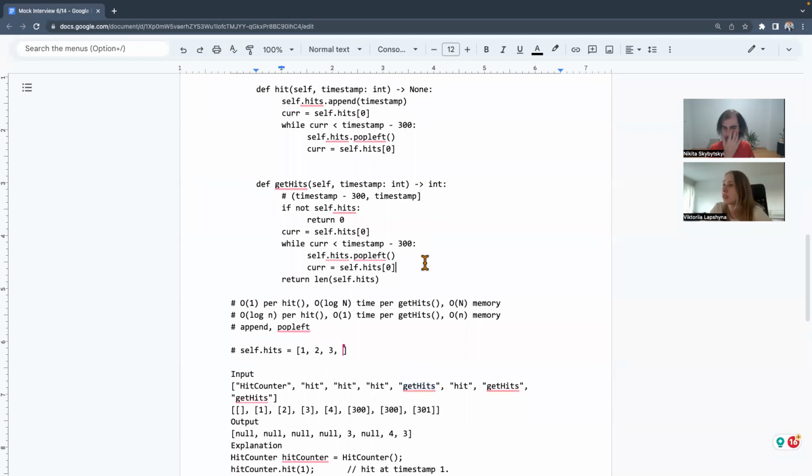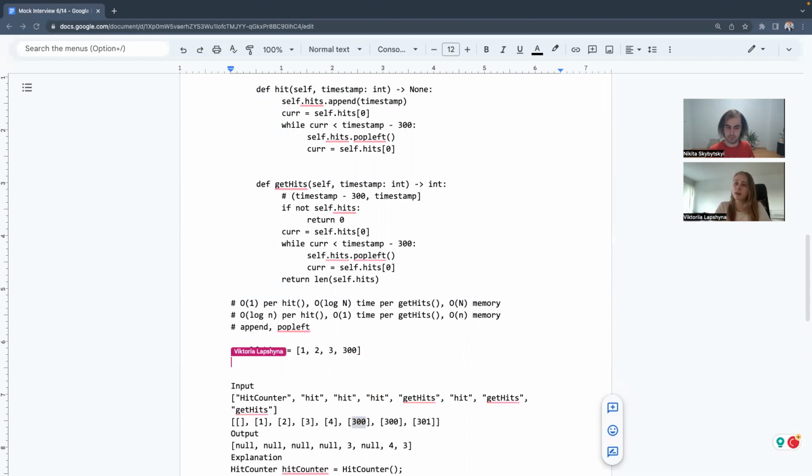Okay. Now we hit 300. So what happens first? First we append 300 here. Our current is going to be 1. And now 1 is not smaller than 0. It is not, so we are good. Current 1, so great.